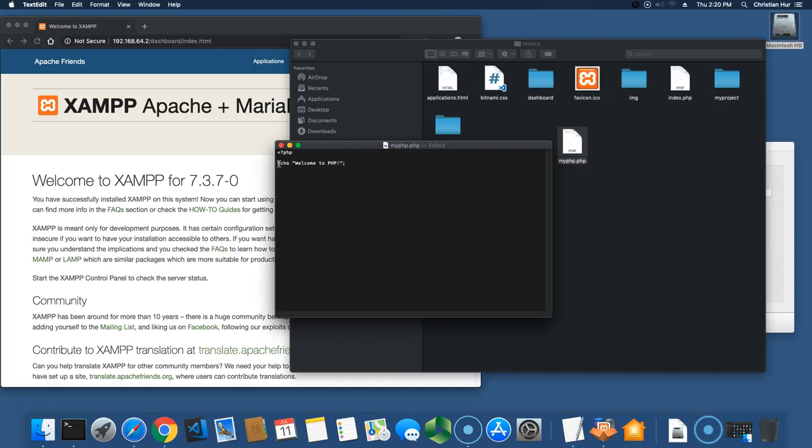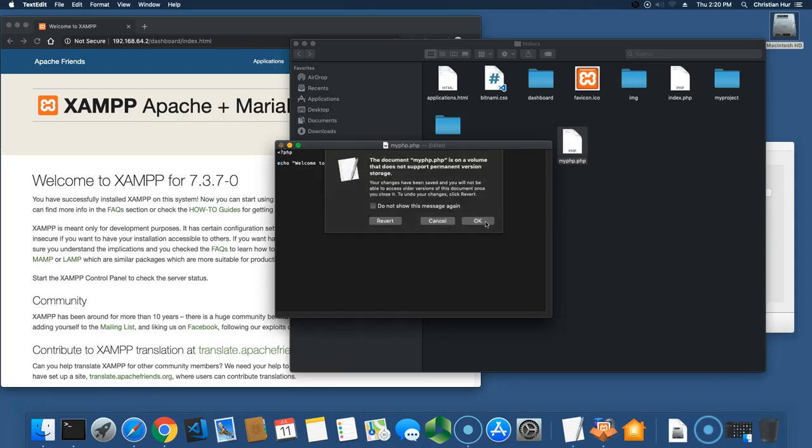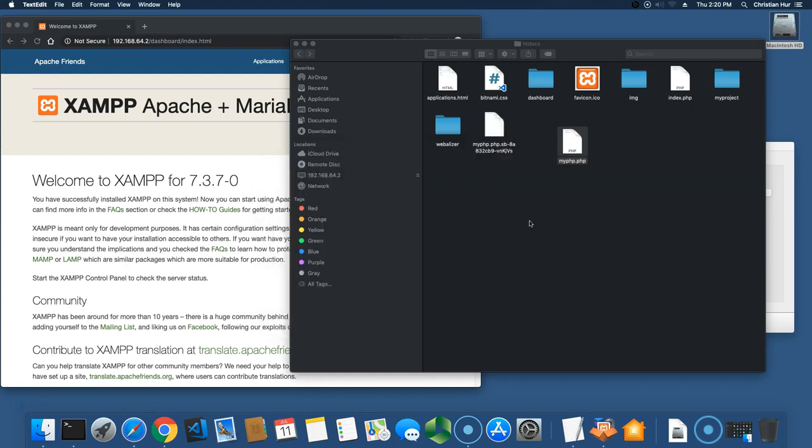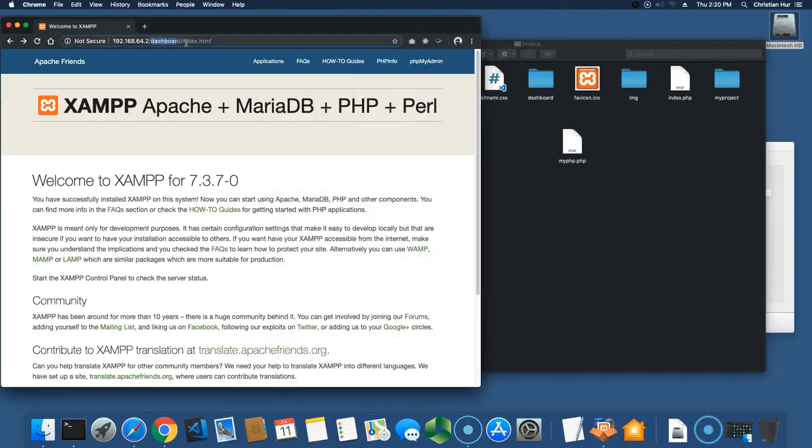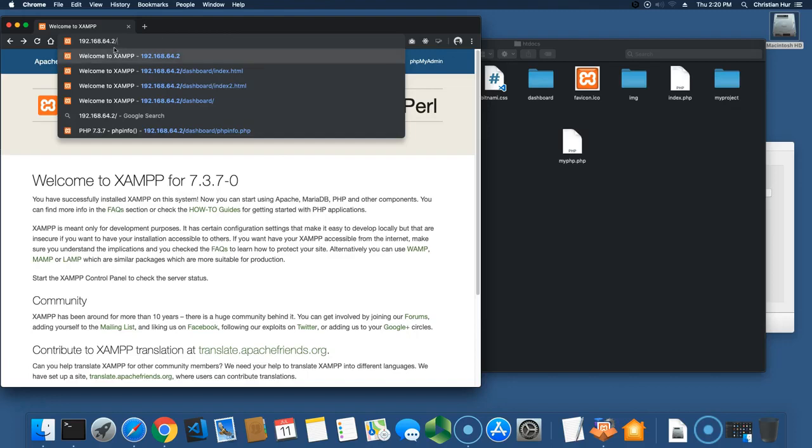Again, it's not case sensitive in this case, and the word echo here, but usually you put all lowercase, just make it consistent. Okay, just save that file. You can close it and just save it, just say okay. And then now you can access this file called my PHP here in the htdocs. Again, htdocs represents this slash here. Okay, this slash here is the htdocs. And so now if I type in my php.php,